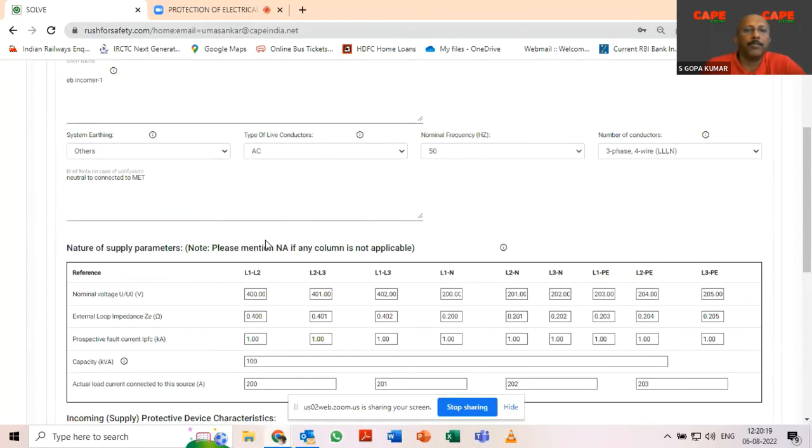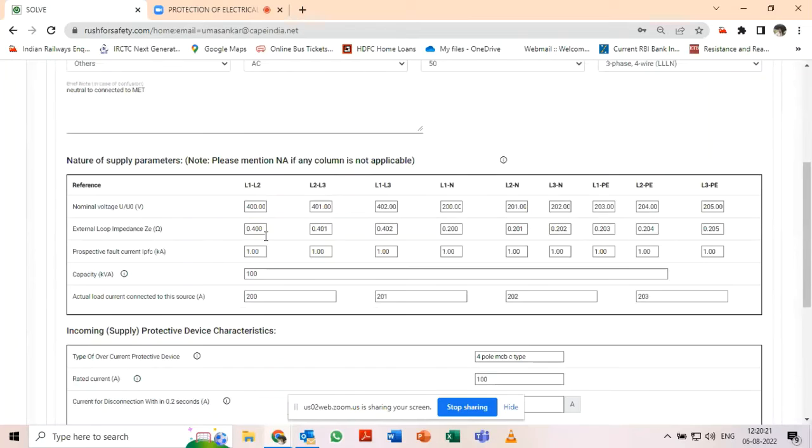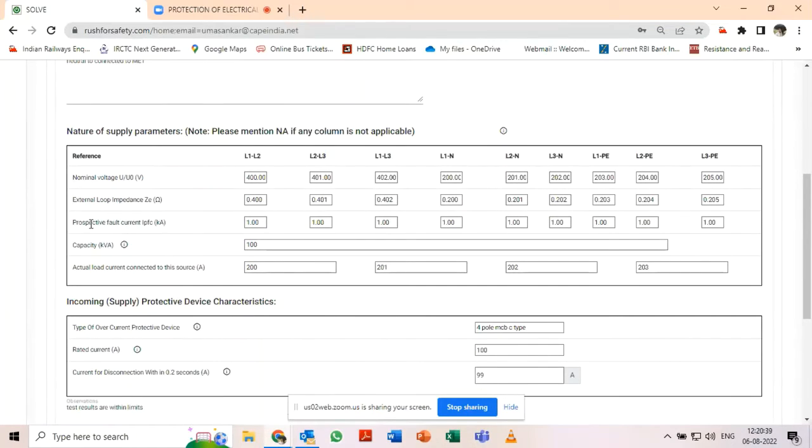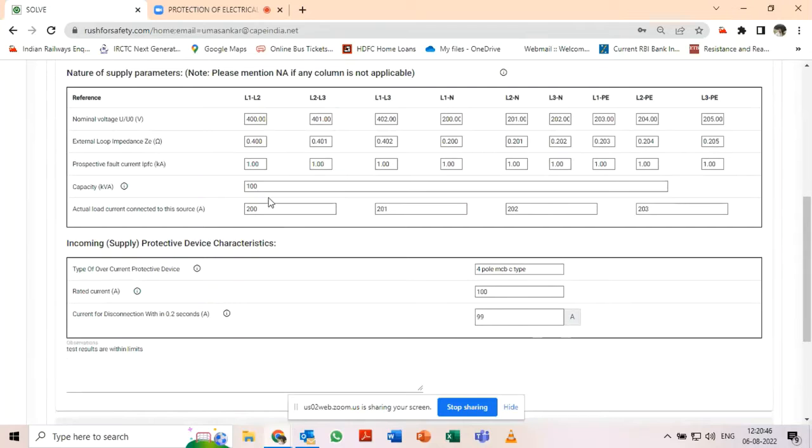With this, we can give test results in this software, which is artificial intelligence software. If you enter the test details like nominal voltage and fault loop impedance, it will automatically give you the maximum prospective fault current, which means the maximum fault current your circuit can drive. After that, it can also give your disconnection time